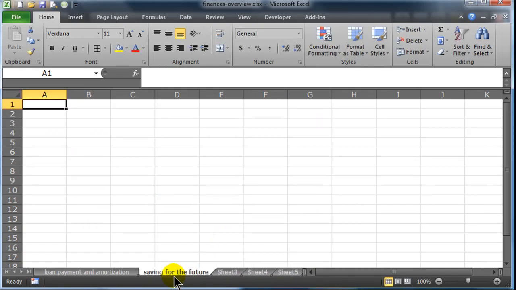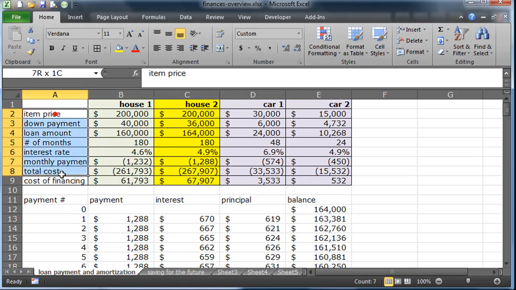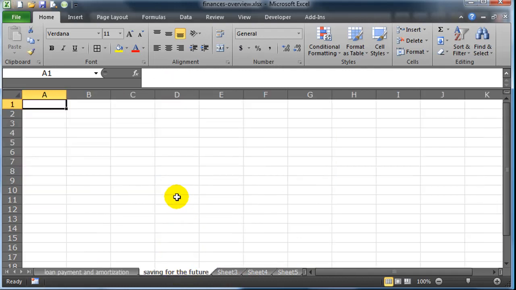Saving for the Future. And I'm going to do something kind of similar. With my use of the payment function and amortization table, I created some labels and some scenarios for Excel to work with. I want to do something similar for saving for the future. For saving for the future, I'm going to go ahead and put in, let's see, I'll start here in cell A2,